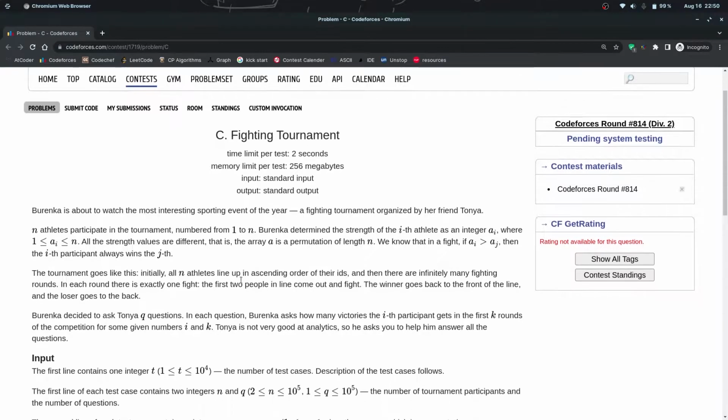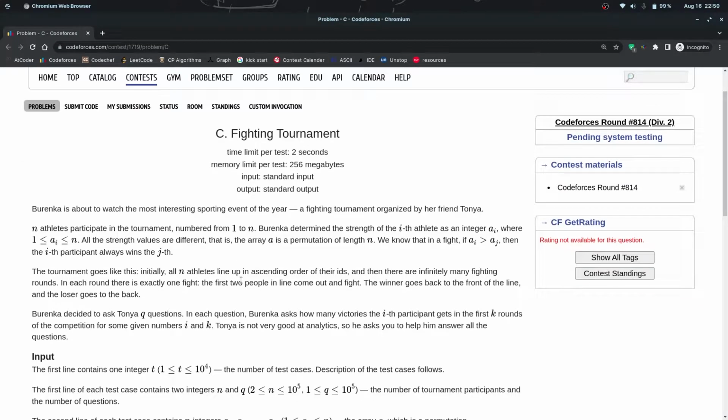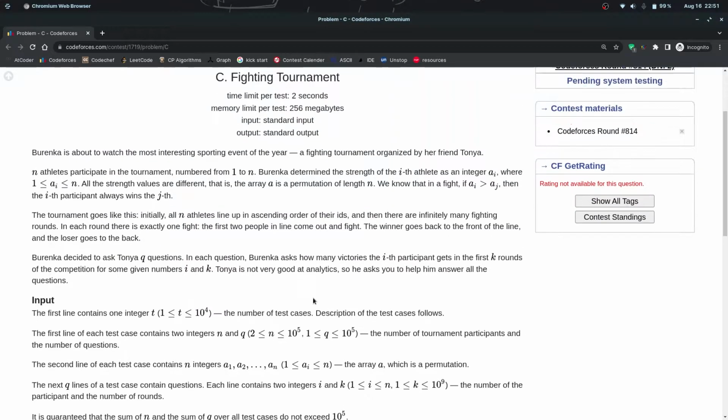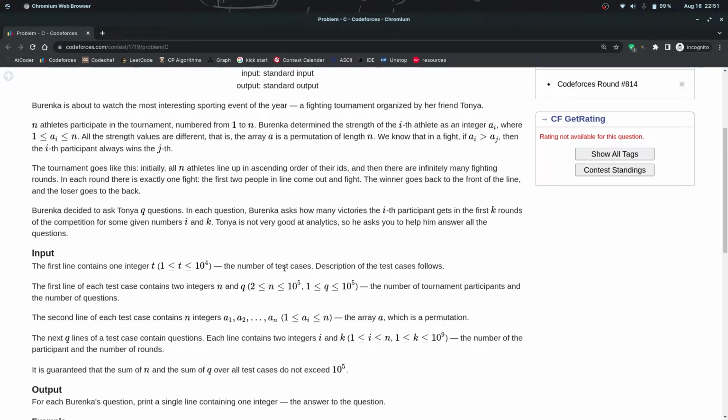So the third question, I think it was not very difficult. I mean, the observation was not very difficult, but the implementation part was a bit tricky if you don't know some STL and data structures in C++ or any other language that you use. So in this question, we have been given an array, and that array is a permutation of numbers from